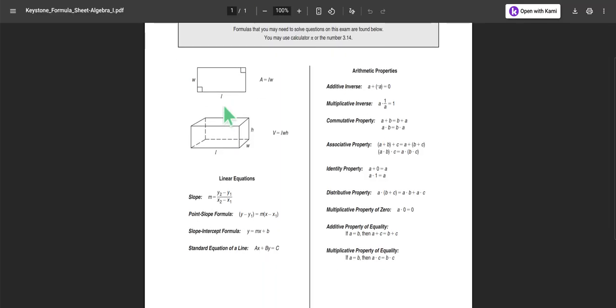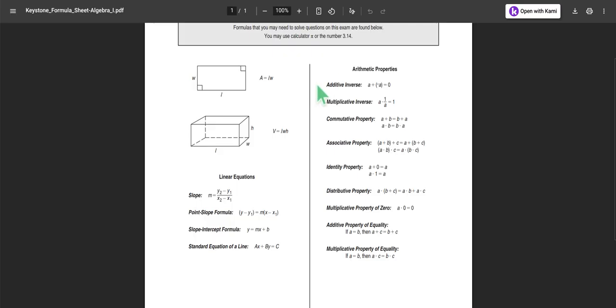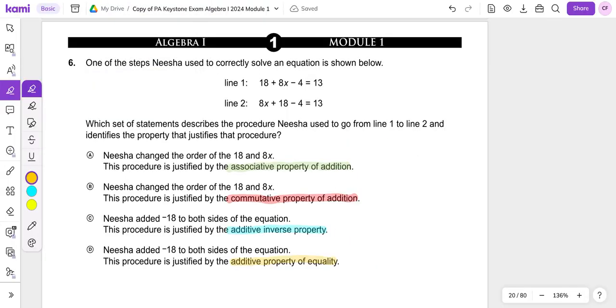Over here are the arithmetic properties. So we have the additive inverse, the multiplicative inverse, commutative property, associative properties, identity properties, distributive properties, multiplicative property of 0, additive property of equality, and multiplicative property of equality. And again, the commutative and associatives and identities have both the addition and multiplication versions of them. Going back to our problem now,